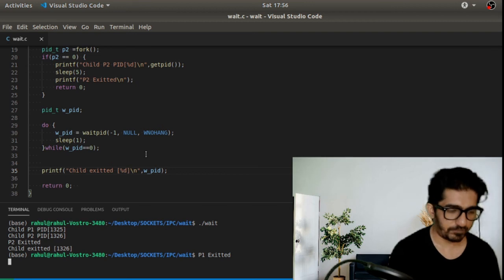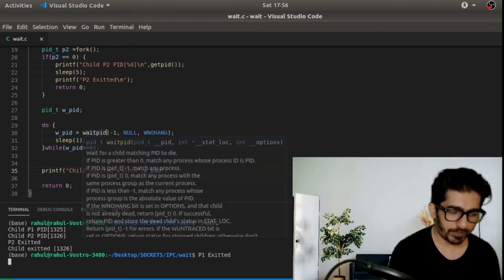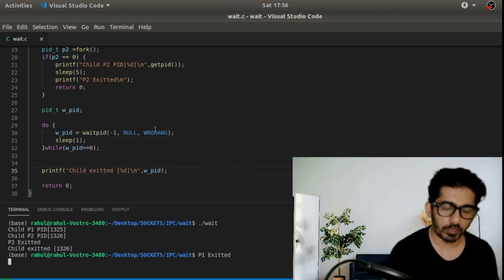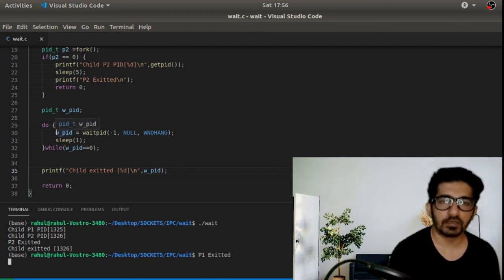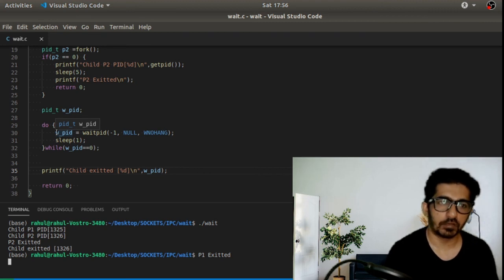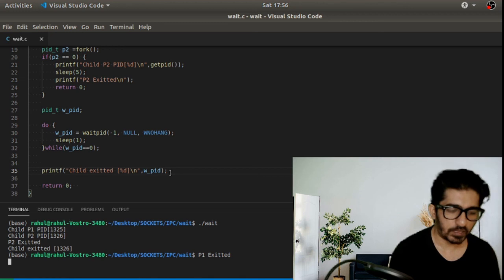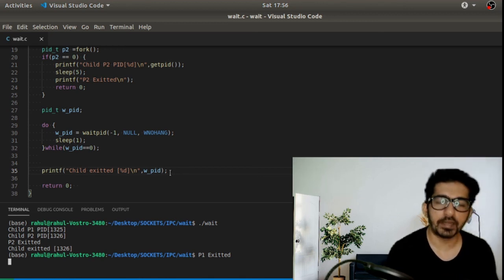What we have seen from here is that waitpid now is not a blocking call. It is checking the status of the child processes every 1 second. If any of the processes got some event or changed their state, then it will print the PID that got interrupted first.